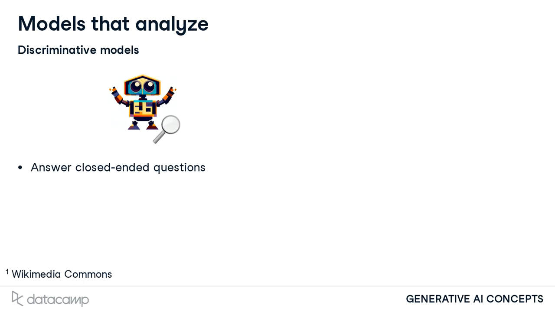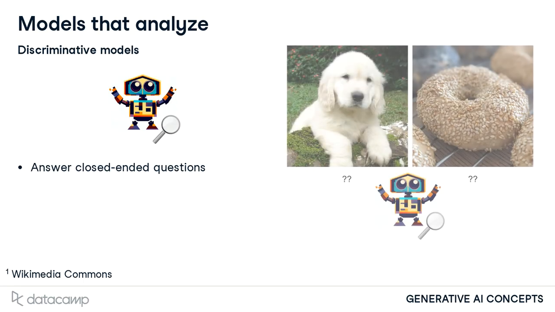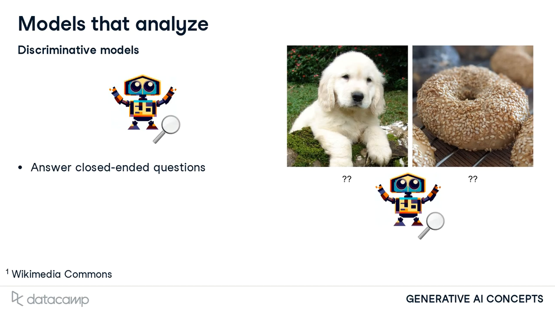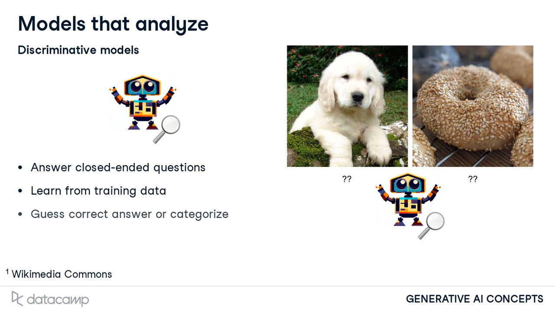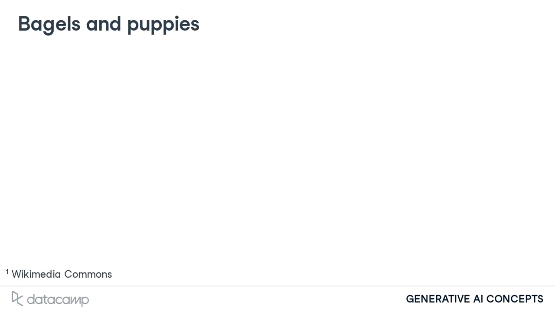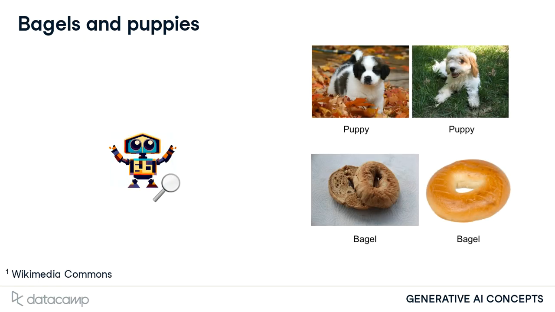For instance, we might train a model to identify if an image is of a puppy or a bagel. These models need to learn from training data, after which they can guess a correct answer based on inputs or recommend categories to group data. But that's all. In this example, let's train our model to discriminate between puppies and bagels by sharing labeled puppy